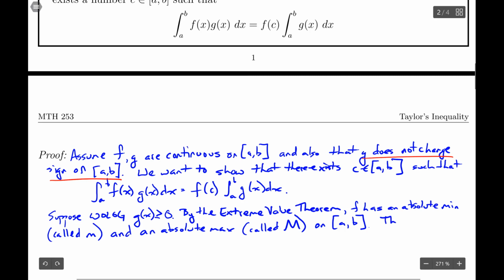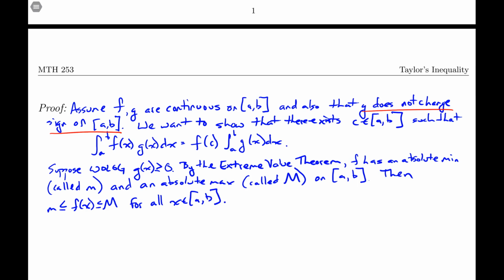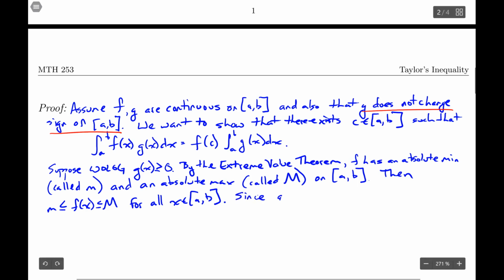This means that because little m is the minimum value and big M is the maximum value, little m is less than or equal to f of x, which is less than or equal to big M for all x in this closed interval. Big M is the biggest possible output, little m is the smallest possible output, and so big M is greater than or equal to f of x, which is greater than or equal to little m. Now we also know that g of x is at least 0,